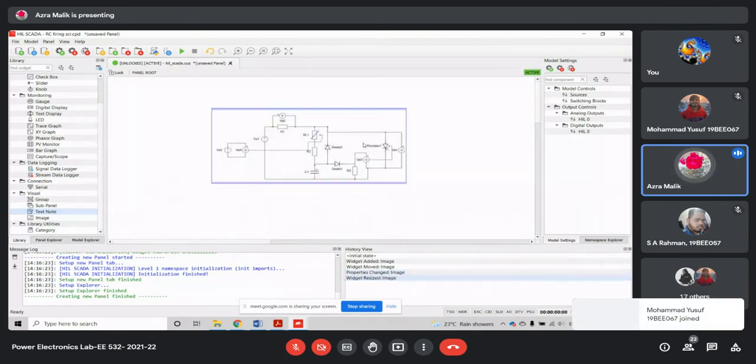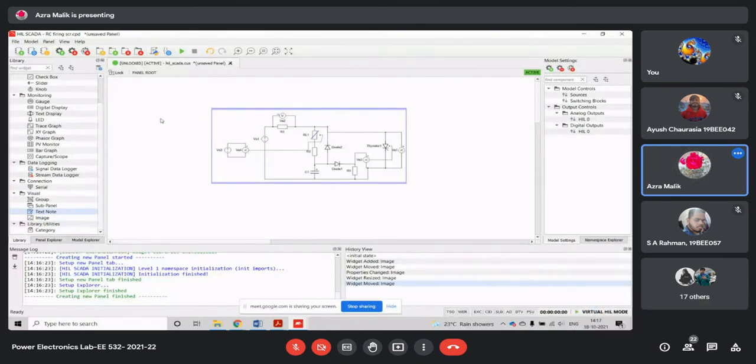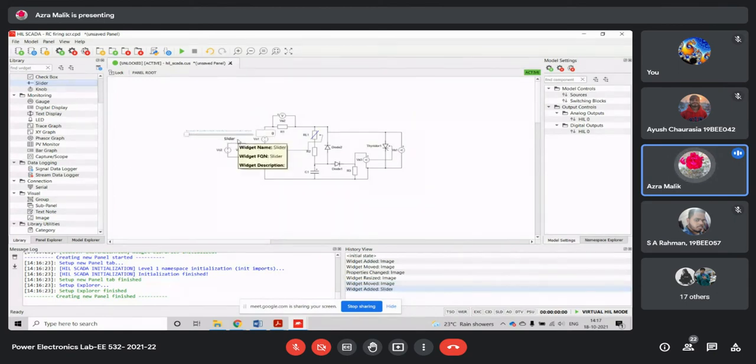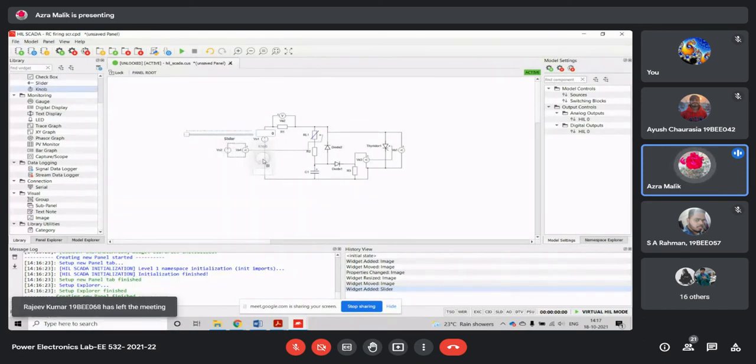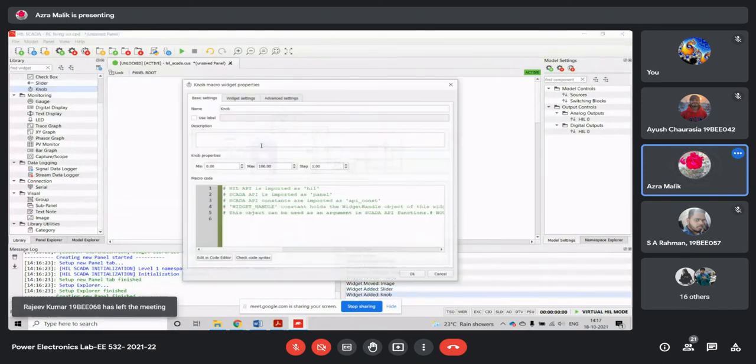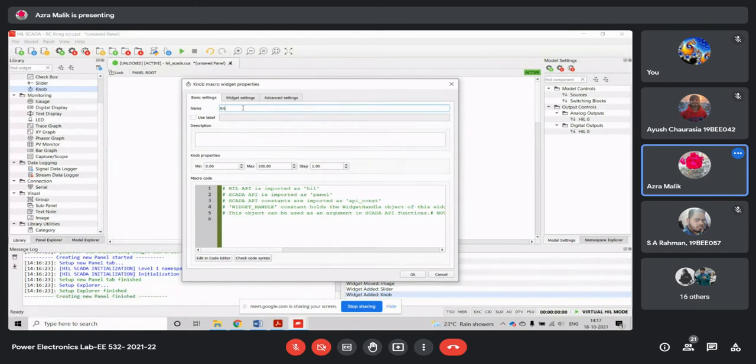Once I have imported this file, for this variable resistor I will import the slider, and for the input voltage source I can import a knob, and correspondingly I can change its settings.